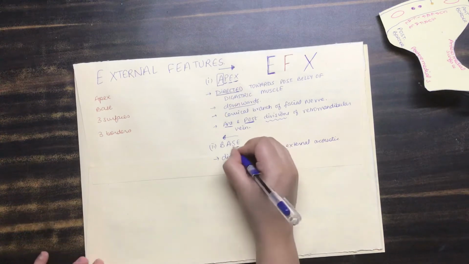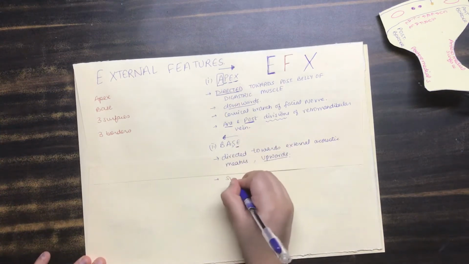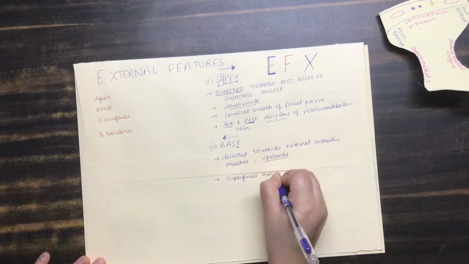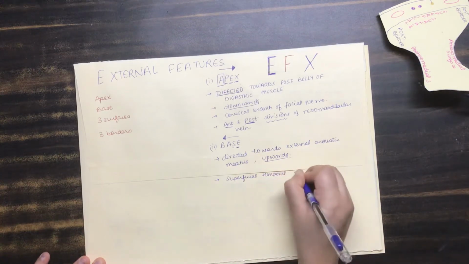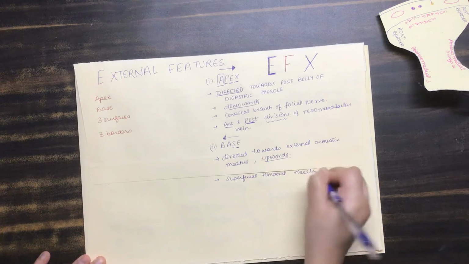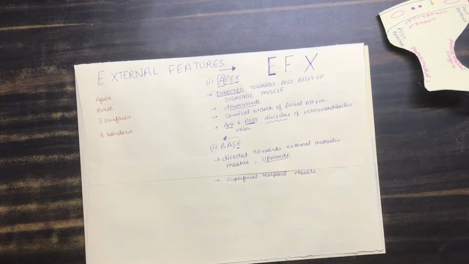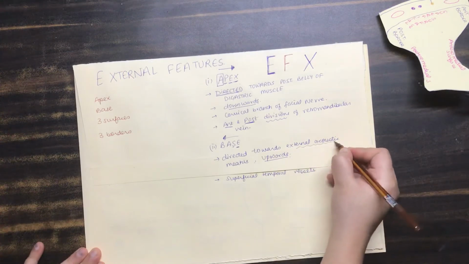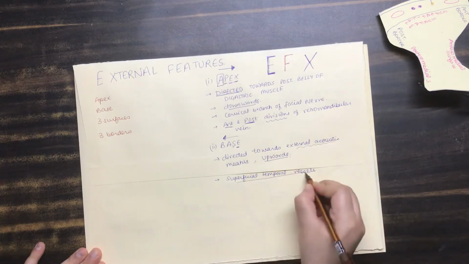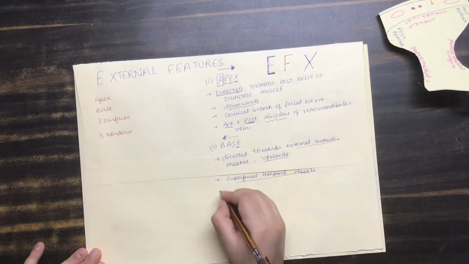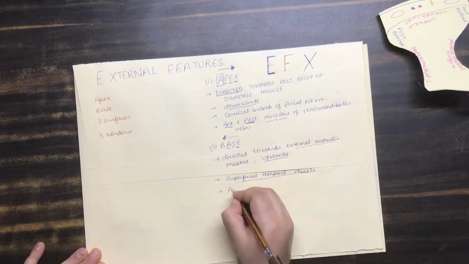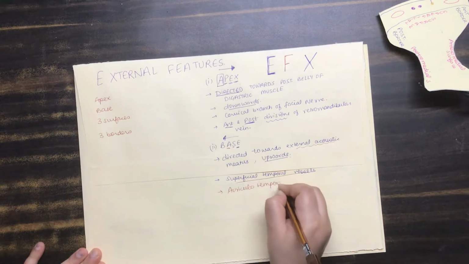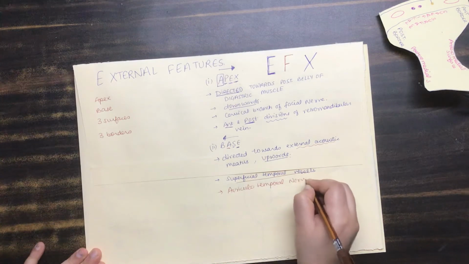Then the next is S. S tells me that here we have the superficial temporal vessels. Everything you will remember if you practice it continuously. Or you can even make out that around the external acoustic meatus we have the temporal region, which is going to contain the superficial temporal vessels. Then A tells me auriculotemporal nerve, which is a branch of the mandibular nerve.